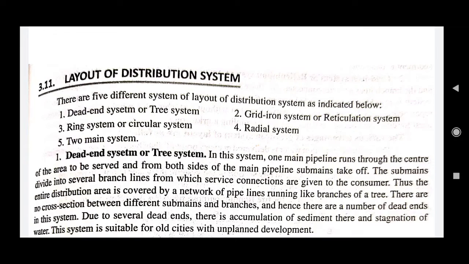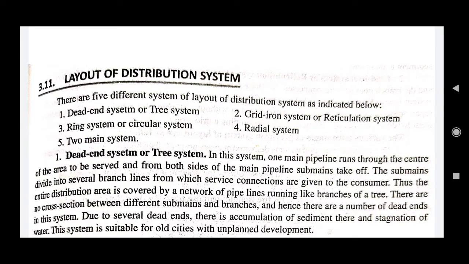So there are different types of systems which depend upon how the city is developed or how the city is planned, right? Depending upon the layout of the city, there can be a different number of layouts of distribution systems. There can be five basic types of distribution system layouts which can be altered according to the requirement and which can be different at different points, but the overall thinking behind a distribution system is that the water is supplied with an equal amount of pressure into the distant zones, right?